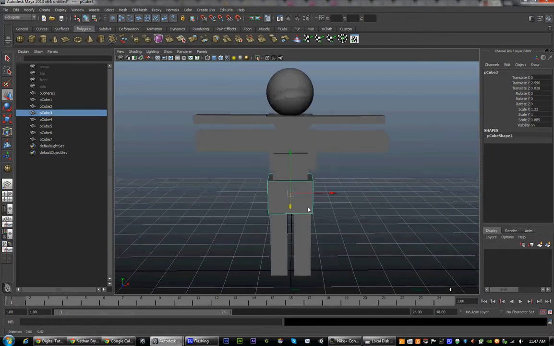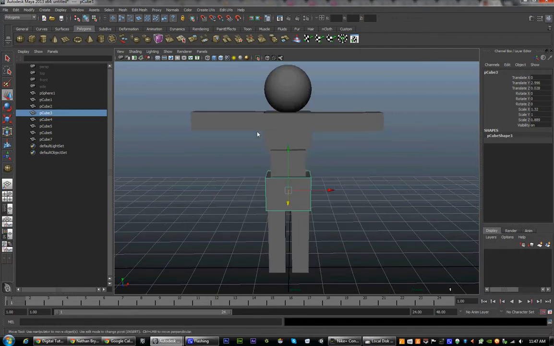You can use the P button on your keyboard to parent things. So I'm going to select a leg, Shift-select the root, and hit P. And you'll notice in the outliner here, the leg is now under the hip. Continue doing that with the other leg,